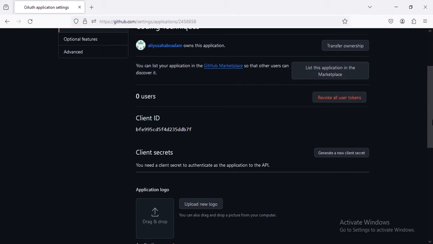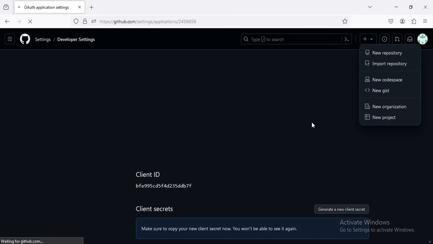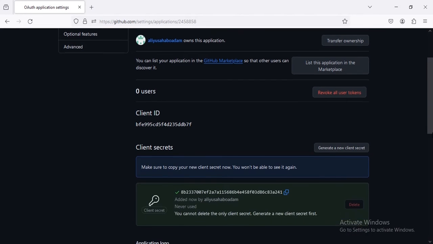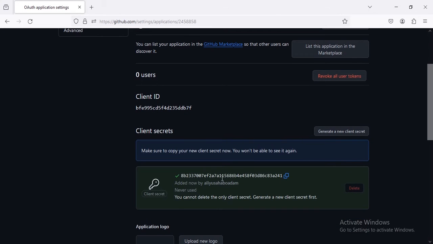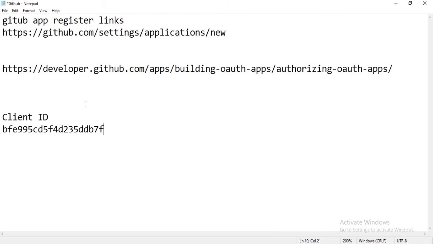Okay, after registering the application, you see the generated client ID. So this is our client credential. We will click here to generate a new client secret. Now you see we have a client secret. Before, let's copy this and keep it in the file for later use. This is our client ID, and then